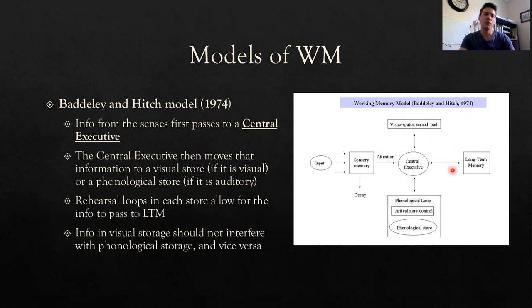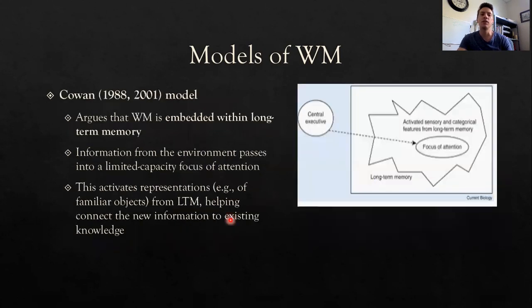Now, these first two models of memory, the Atkinson and Shiffrin model and the Baddeley and Hitch model, are often referred to as modular views or modular models in that they propose different modules, so a different working memory module from long-term memory. And this is kind of in contrast to the Cowan model, the embedded processes model, in which working memory is embedded within long-term memory. So in this figure, working memory is basically this entire